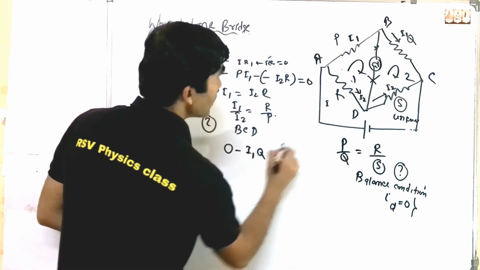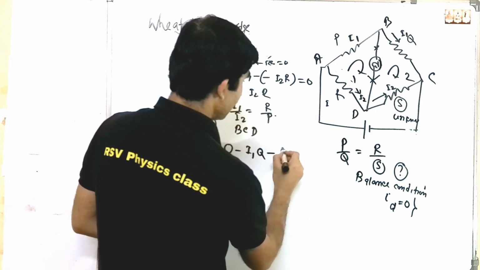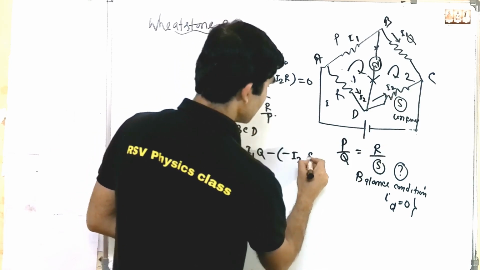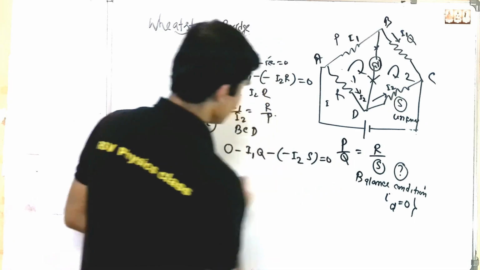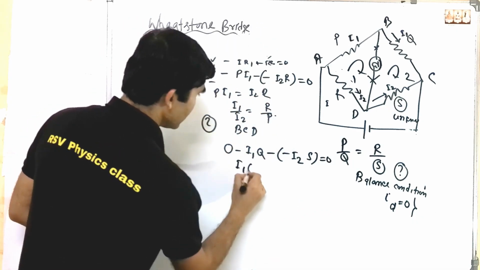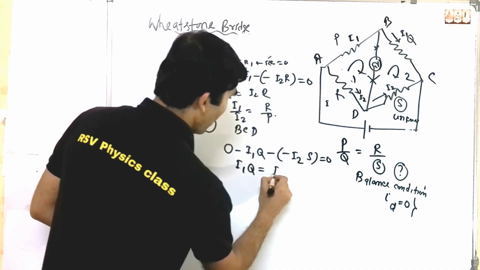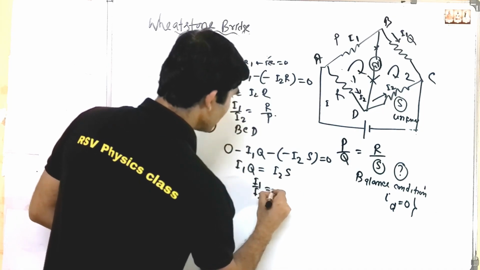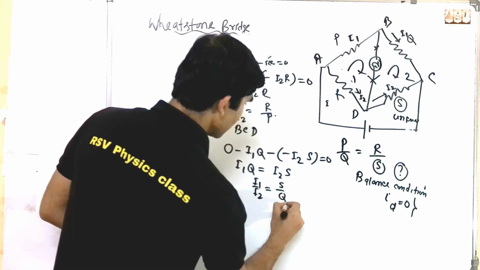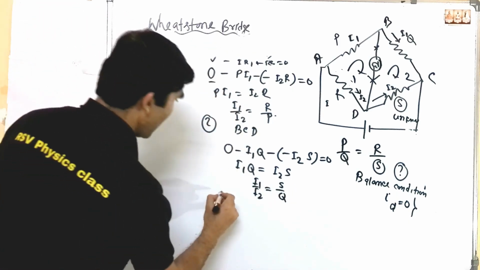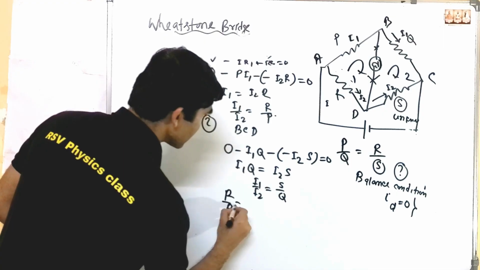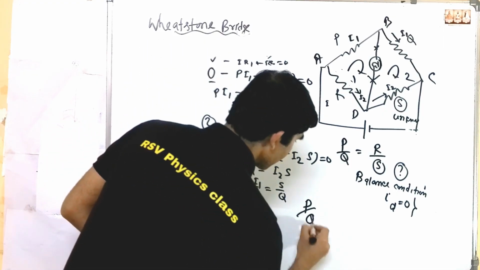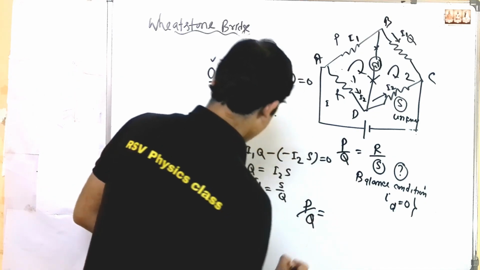I1Q minus, the direction of I2 is again opposite, I2 into S equal to 0. So I1Q is equal to I2S, so I1 over I2 equal to S by Q, so R by P equal to S by Q and P by Q equal to P,